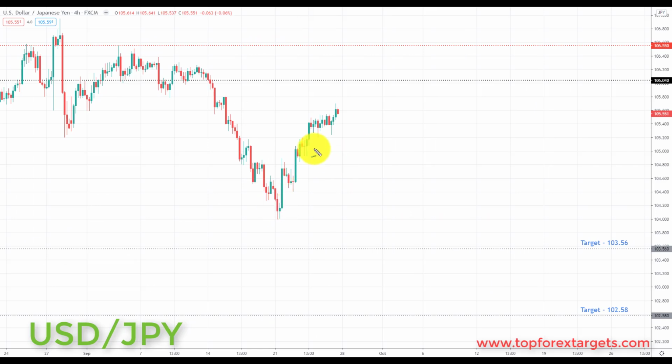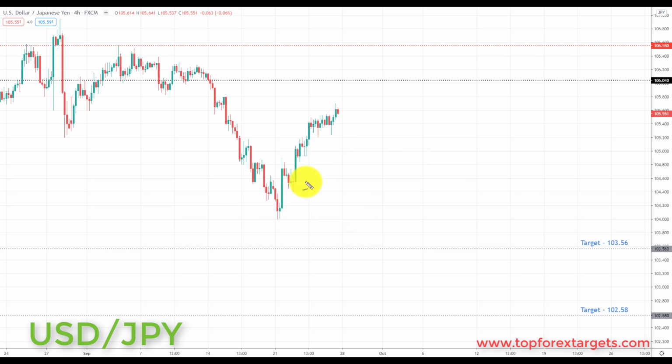The next market we're going to look at is US dollar yen. Now, last week we were looking for a correction to the 106.040 for further declines to the downside. The overall market is still structured to the downside, so overall we would still prefer short positions in this market, but you can see any short positions here would be going short the US dollar against the Japanese yen, and we've already established that the dollar itself is fairly strong. So this can be used in one of two ways next week. Either if you think that the dollar is strong and you don't want to take any dollar short positions, you could just leave this market. You don't have to trade this pair next week.